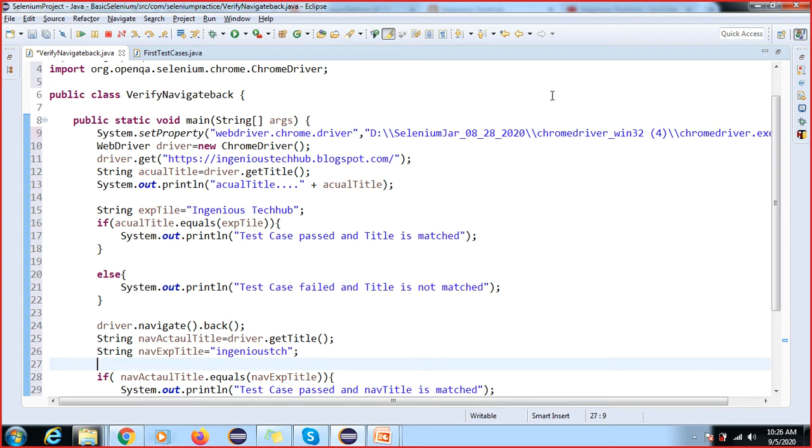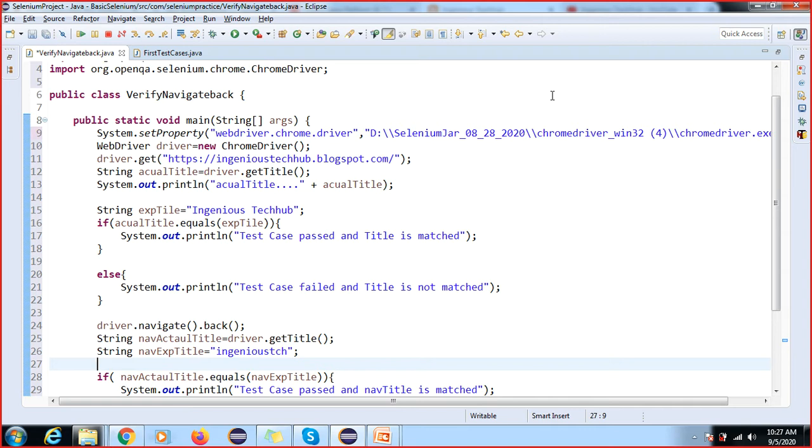Here I am going to use the Chrome browser, so I will use the key as webdriver.chrome.driver, and as value we are passing the path of the Chrome driver exe. After that I'm going to use WebDriver and hold a Chrome driver object, and here we are also performing the polymorphism concept. After that we are launching the application by using the get method.